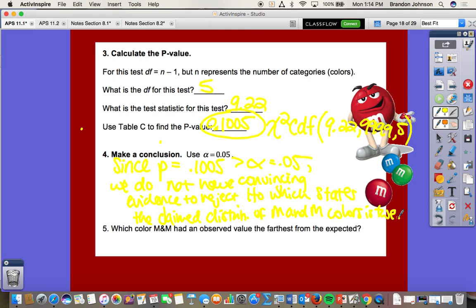The probability that we rejected H0 was 0.1. Having purely by chance was 0.1005. I like that. Can someone tweak it just a little bit? Matt? So the p-value of 0.10 is the probability that our observed values of the M&M distribution